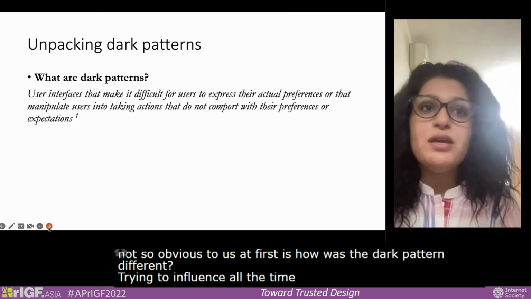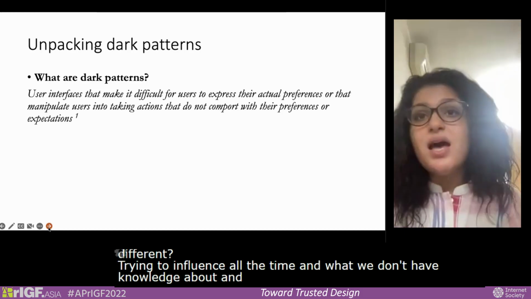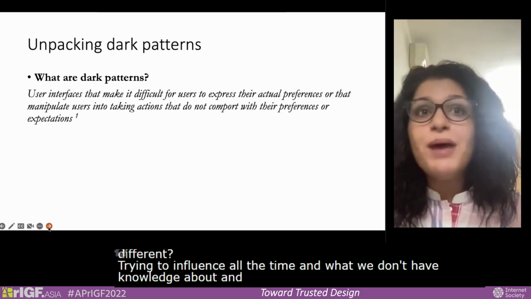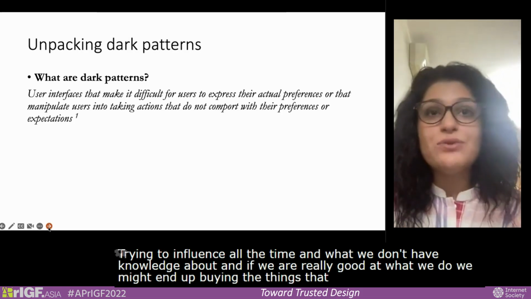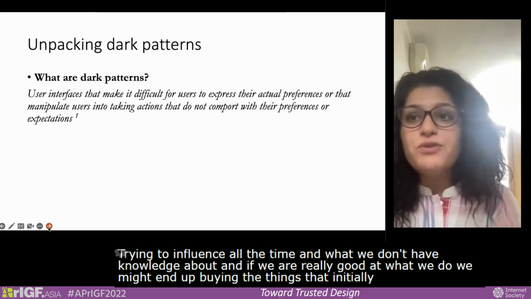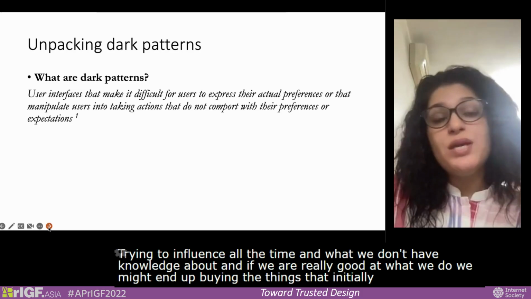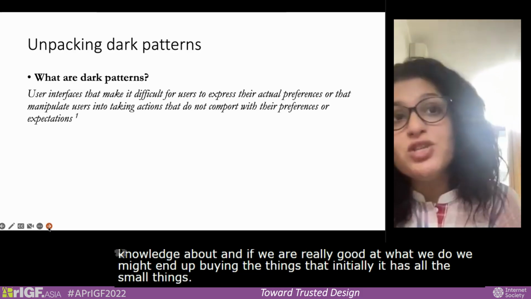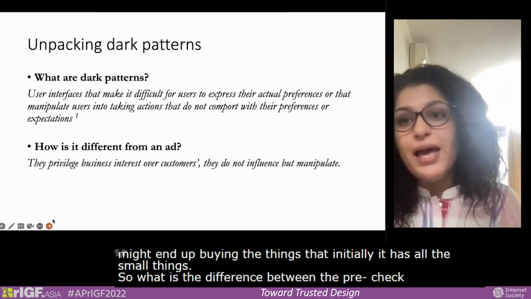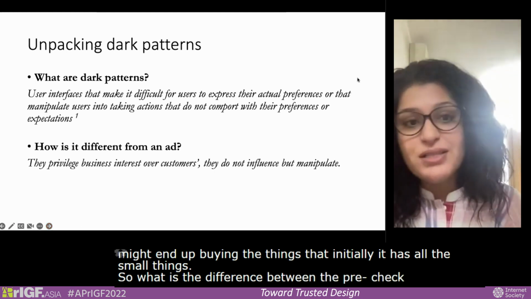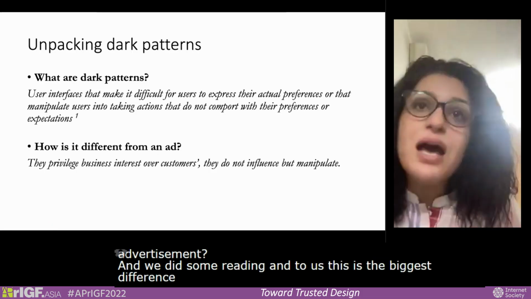And many a times, if they're really good at what they do, we might even end up buying the things that we initially did not set out on buying. It's a little bit like how the billing counter always has those small mints, those small perfumes and other small things that you just buy mindlessly. So what's the difference between the billing counter arrangement, the pre-checked box, and an advertisement? And we did some reading, and to us, this was the biggest difference, that while advertisements try to influence our